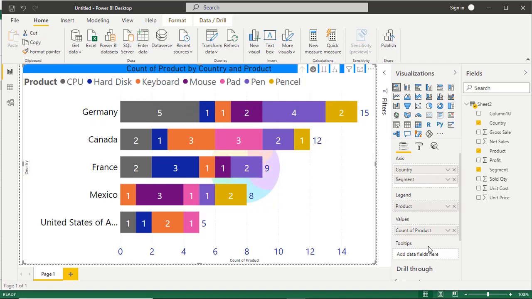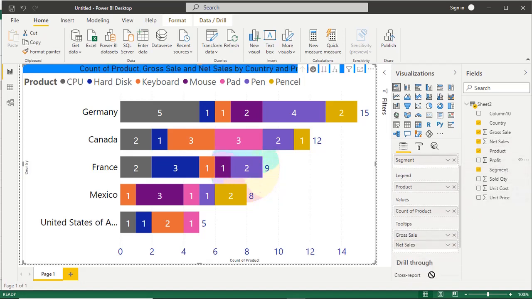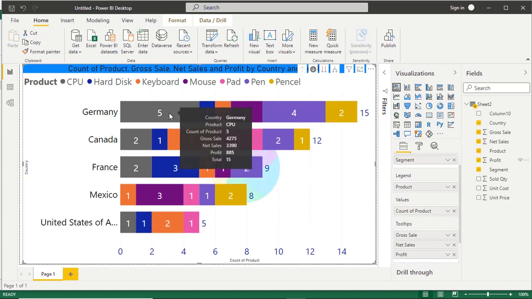Say I need gross sale. I also need net sale on the tooltip, and I also need the profit. Now over the chart, you can see. So this way you can create the stacked bar chart in a perfect shape.